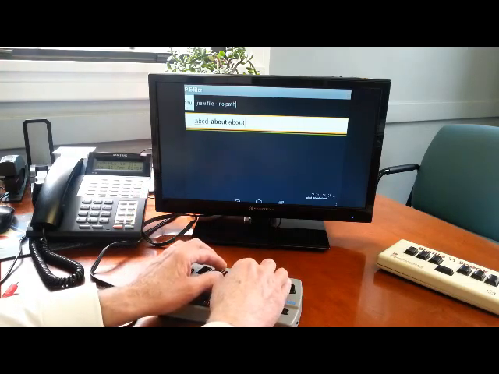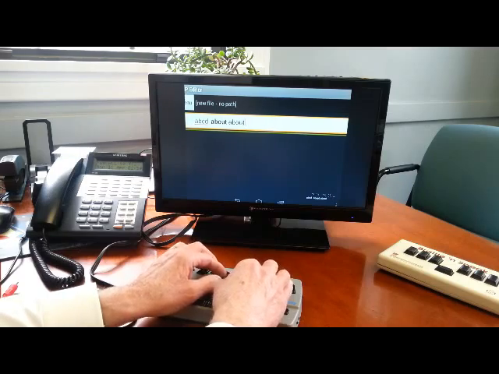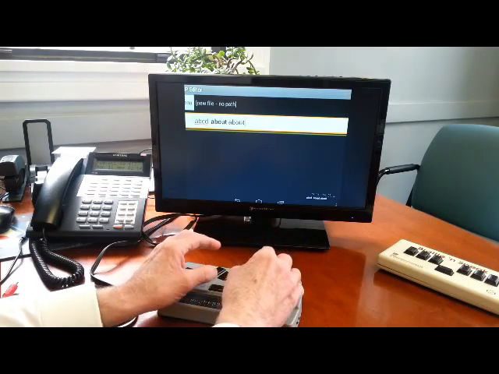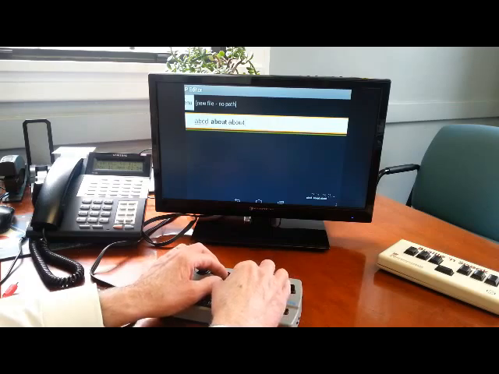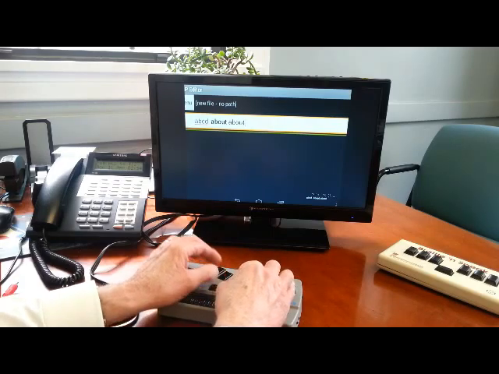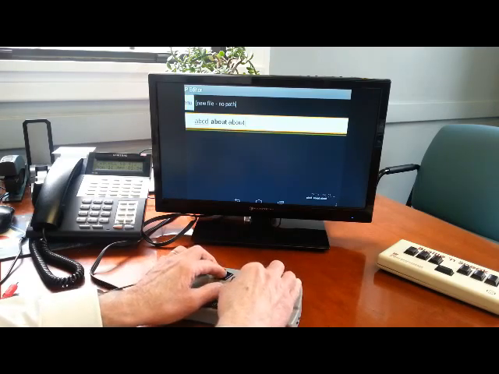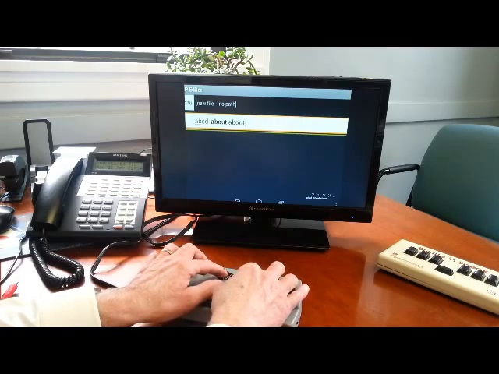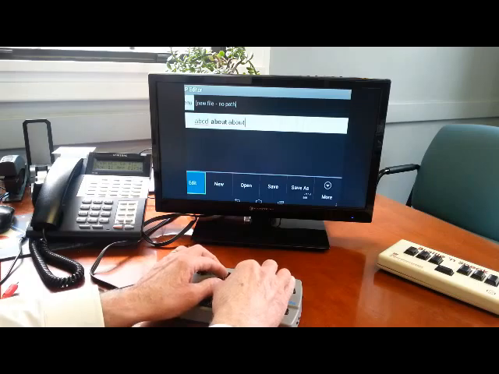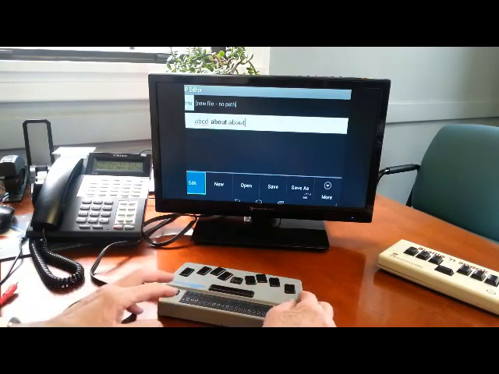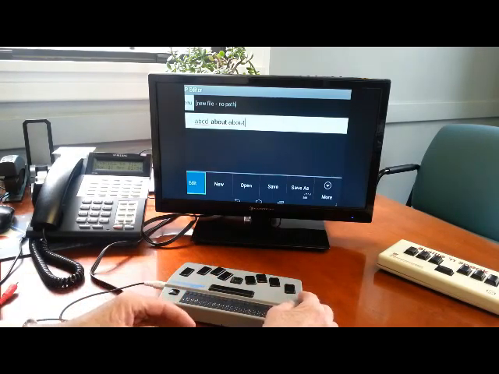If you want to save this, there's a couple ways to go to the menu. The menu is above the typing area, so you could do a chord 1, 2 to go up to the menu. And I'll go back down for a minute. Or you could do a chord M for menu, which is a standard Android option, and it would bring up the menu as well. And then you can navigate with the forward buttons to go from Edit, New, Open, Save,